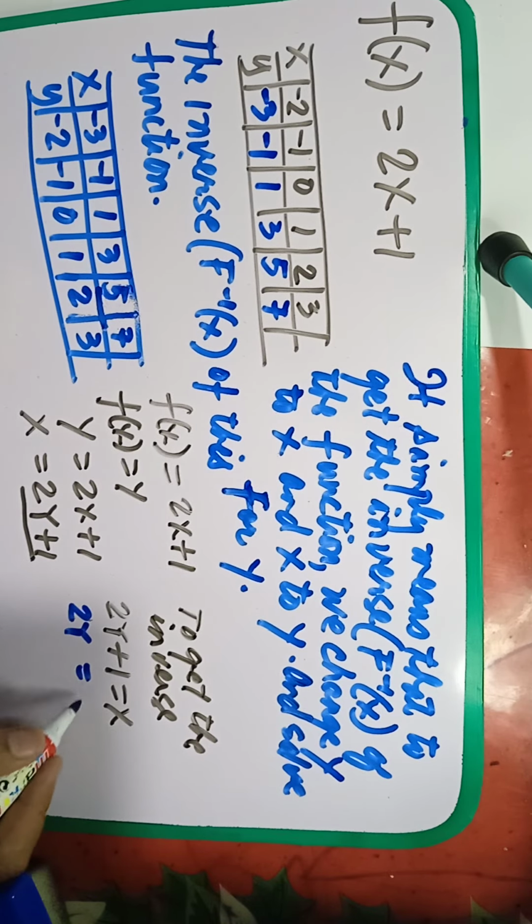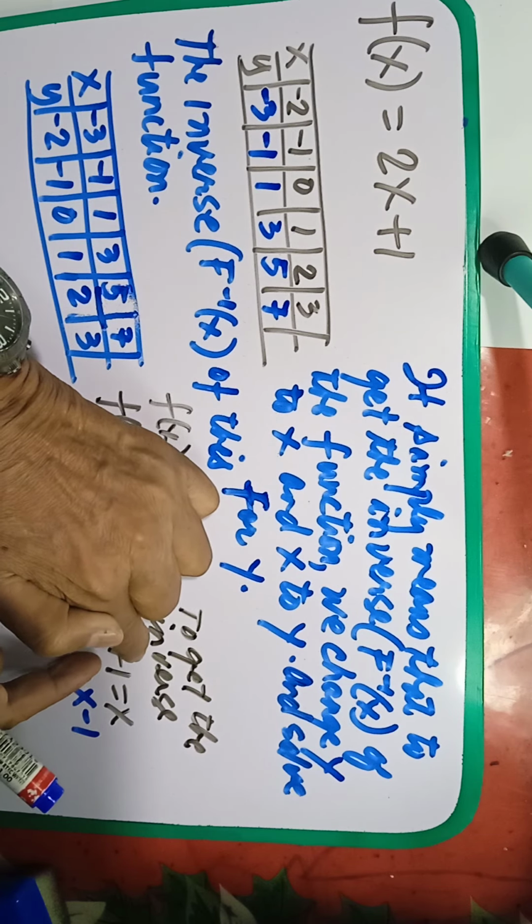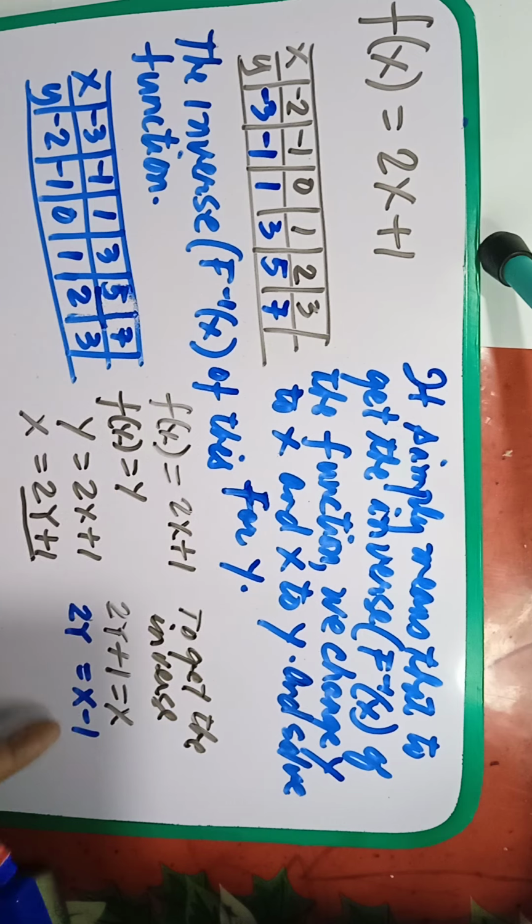2y equals x minus 1 by virtue of the addition property of equality. Meaning we have to jump, negative 1 will jump over the equal sign and change the sign to get into the other side. So we have 2y equals x minus 1, and there is a numerical coefficient of y, so we divide it by 2 and divide it by 2 so that it will be cancelled. 2 will be cancelled, and what remains is